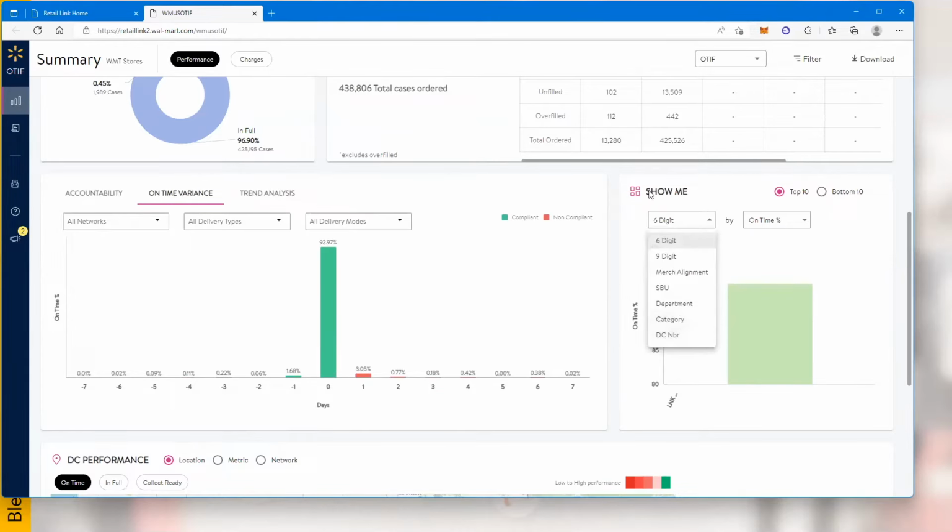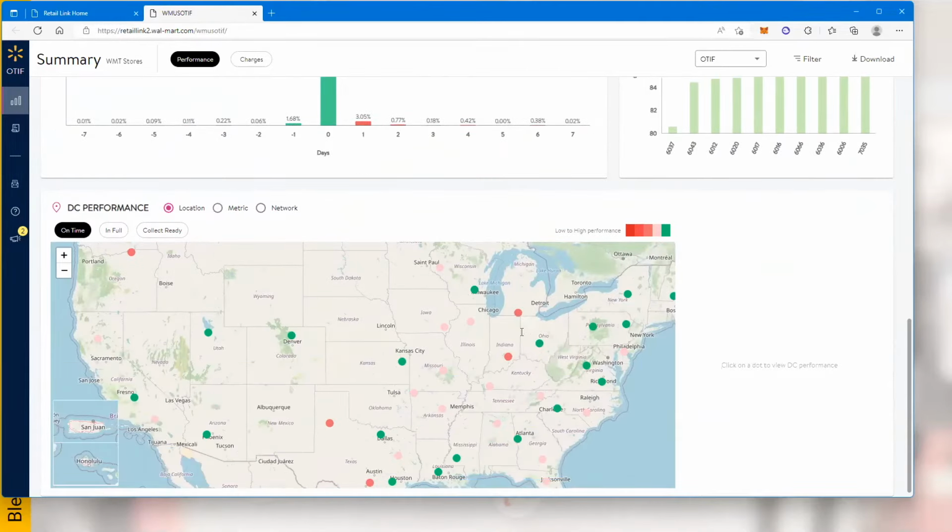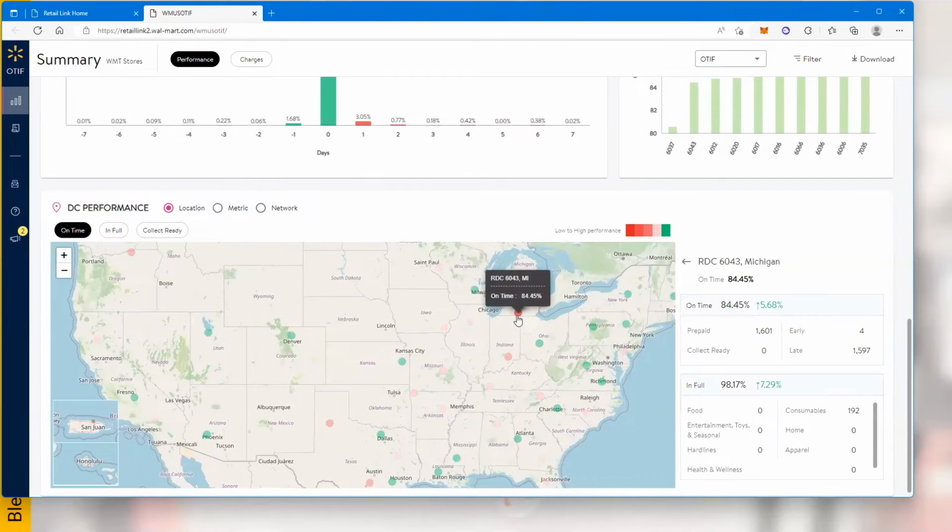Let's go ahead and check this by DC. And we want to look at bottom 10. The reason why we want to look at bottom 10 is there could be a potential opportunity for us to drive significant improvements in the supply chain. If we know that the distance or weather is impacting our ability to fulfill Walmart's orders on time and in full. And there's a map view down below, so that we could then select, get a little bit more granular detail,